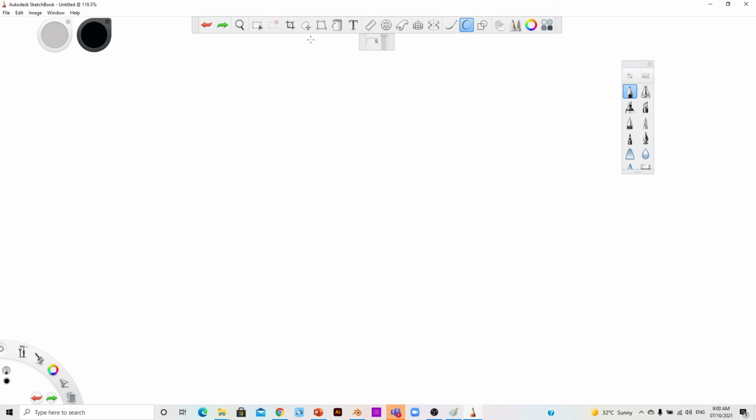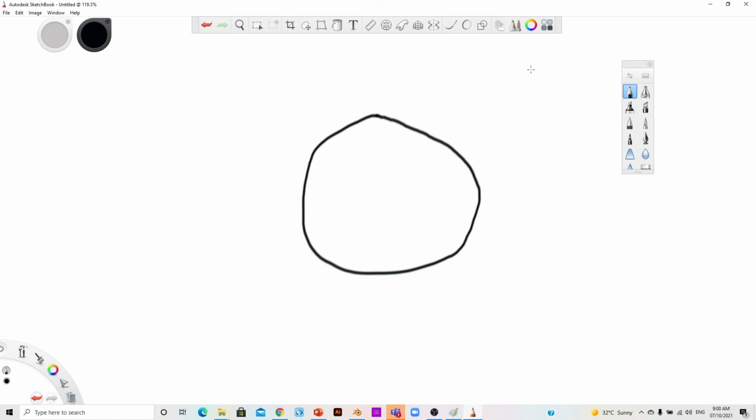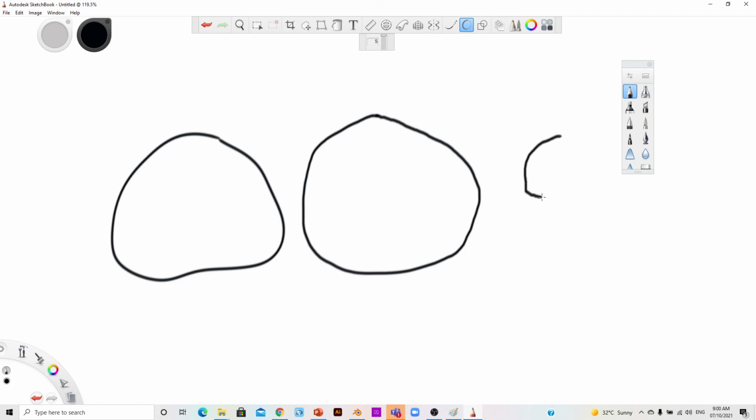So first I will draw one circle without activating the predictive stroke. Okay, so this is my circle, for example. I will join the points. Now what will I do? I will activate the predictive stroke. Click on the predictive stroke, make sure the level is 5. Now I will draw the same circle. Just join the point and leave. What will it do? It will detect your movement, and it will try to refine your line. And then see, boom. So it will